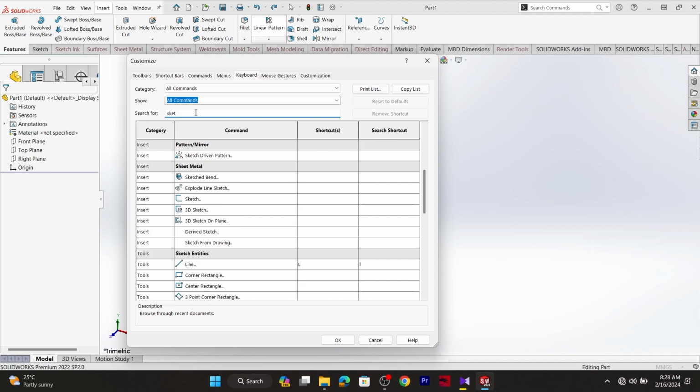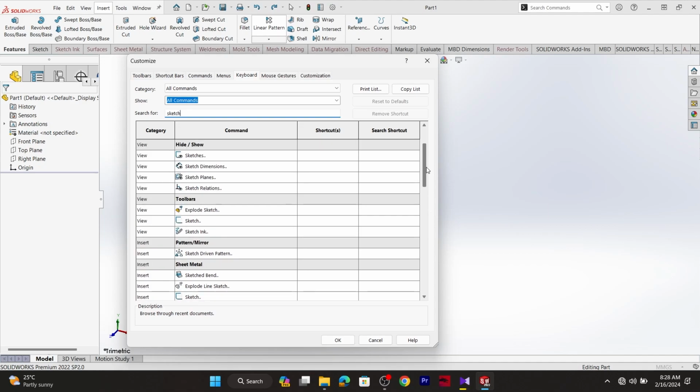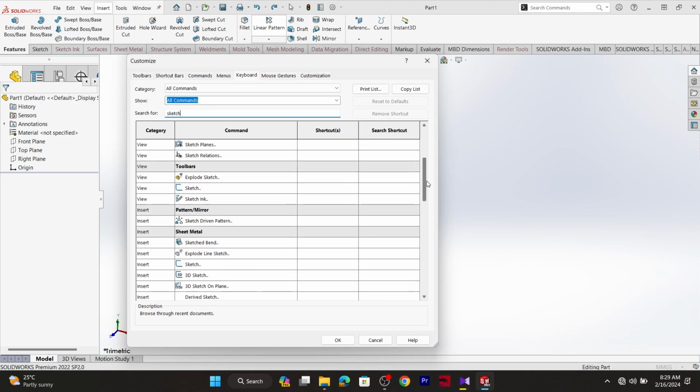Now the shortcut should be unique because if it is not unique, for example, let me type S here and here it is, S is already assigned,